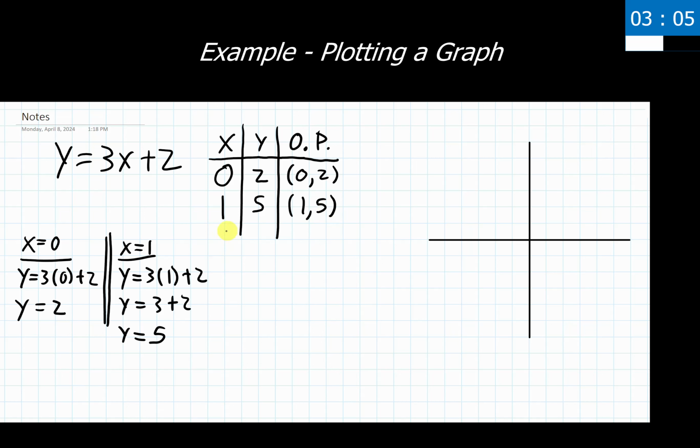So maybe we need a third one. Technically, we're done after having these two for graphing this, but let's say we're asked to find a third, just for the sake of getting some practice in. What number would we want to use as our third number for our input value? And again, this can be anything you want. It can be 2, continuing on with the trend of counting up. It could be -1 if you want to go and get a negative value here. Really, truly doesn't matter. So I'm going to choose -1 just for the sake of seeing a negative value being used.